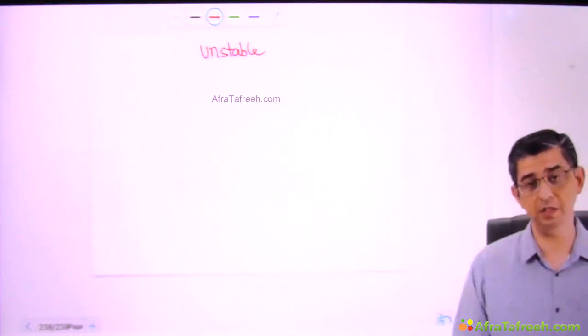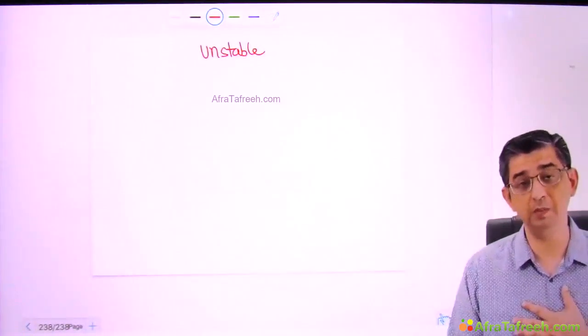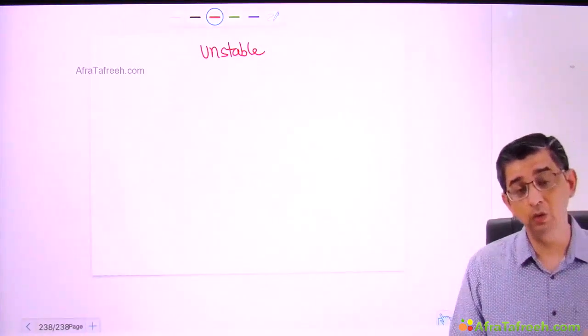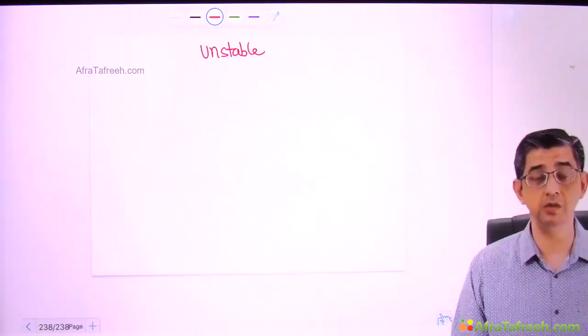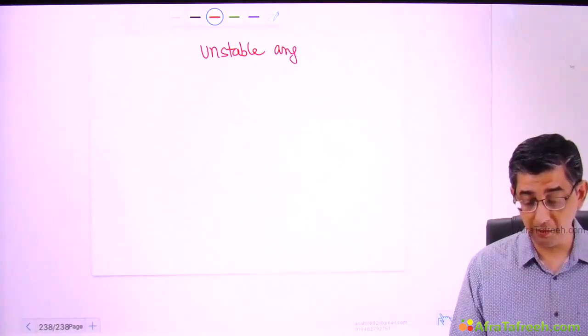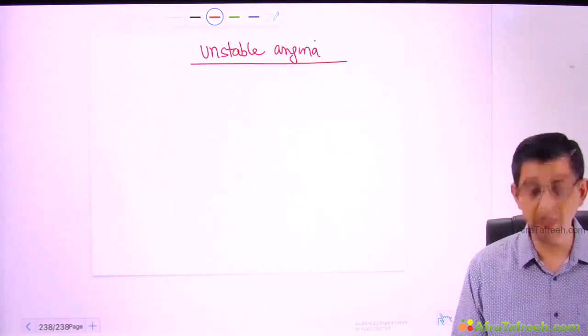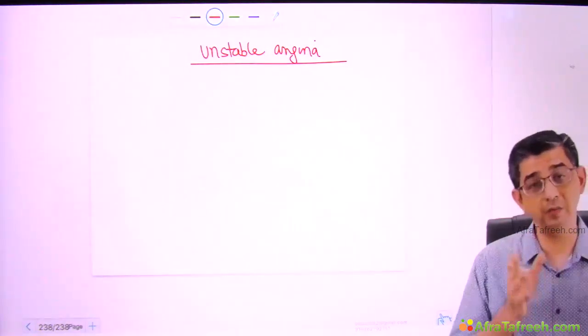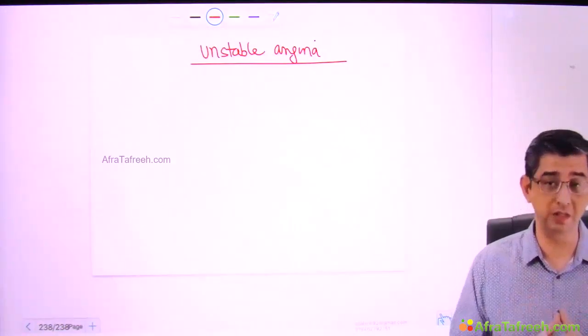I said for the last 6 months he has been having these episodes of chest pain, and he has been postponing going to the doctor. But now the same person is having chest pain at rest also. That is because of the unstable angina component, and therefore sometimes the term used is accelerating angina. The word acceleration basically means earlier it was all exercise, but now it is present even at rest. So the severity of the disease has increased.